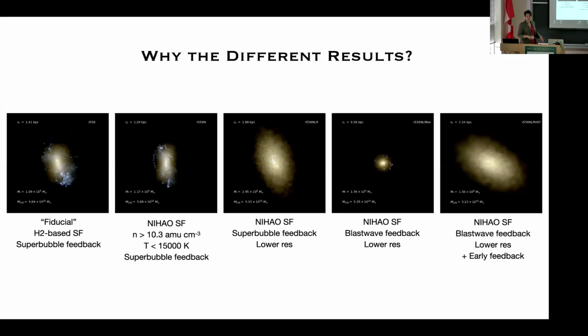Okay, so in order to model the UV radiation momentum injection from massive winds, they include this thermal dump from stars before the supernova even go off. And if I use that, I recover basically what Nihao gets, right? I get these big, puffy, extended, ultra diffuse galaxies. Okay, so I'm at least happy that I can reproduce what Nihao did.